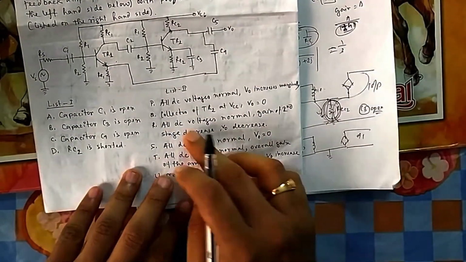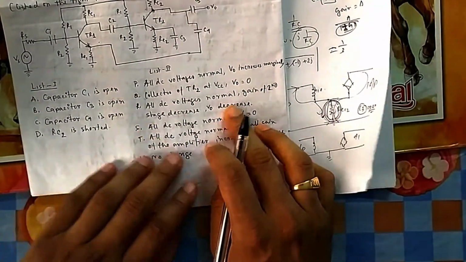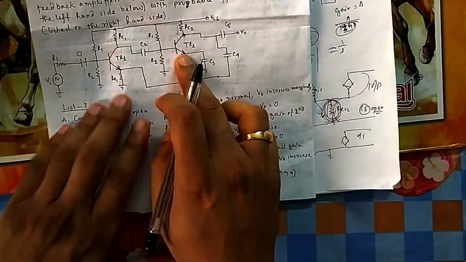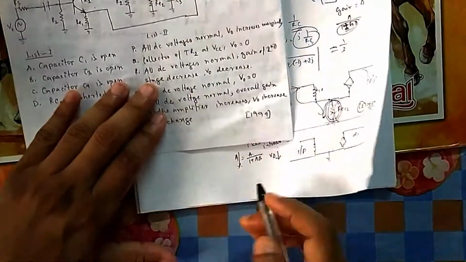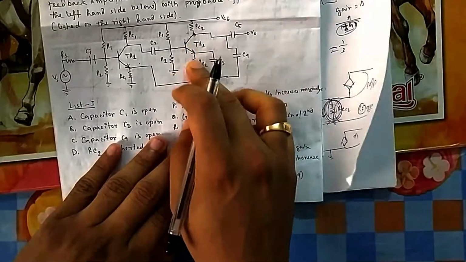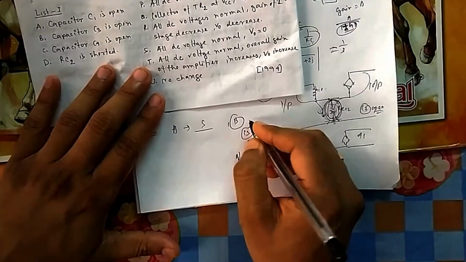answer then? All DC voltage increases, no, not increases. So it should be decrease. And you see the gain at the second stage is decreased, because in the first stage there is no change. There are two stages, this gain will be multiplied by this gain. So second stage gain is decreased. You see that this is the second stage gain, A2 you can think of, because you have introduced feedback in the second stage. So that is your R. So B is connected with R.